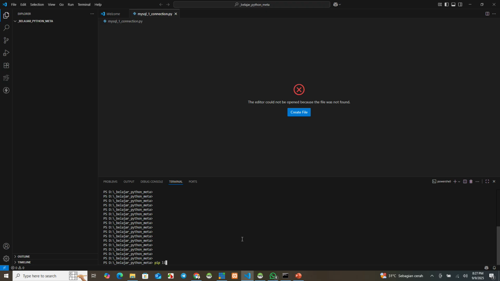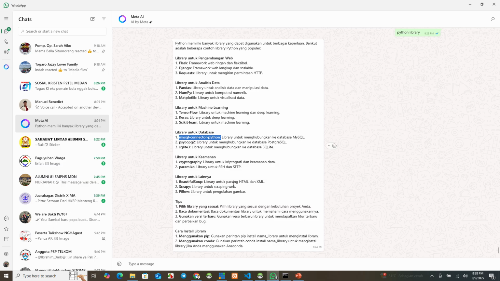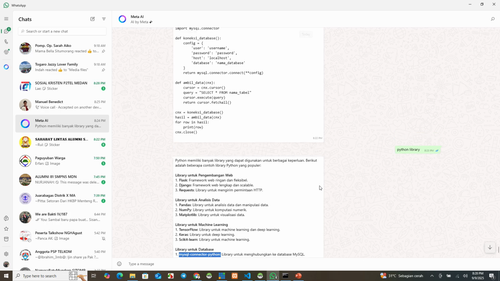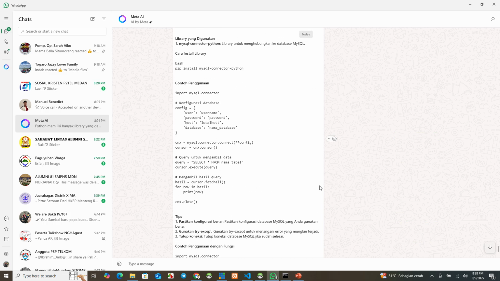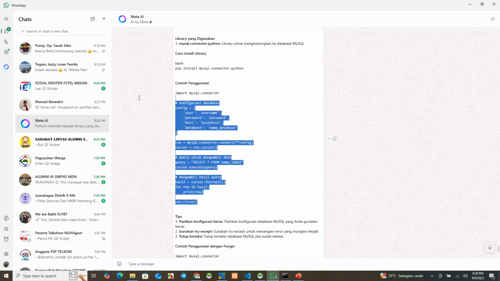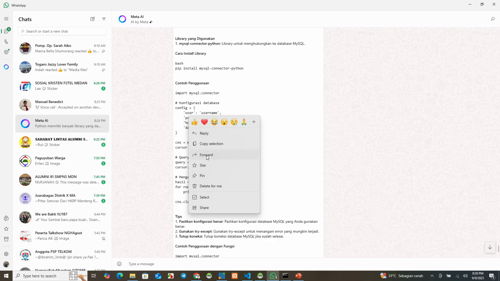Pip list. Copy this one. MySQL connector Python, we have this one. Now we try to copy this.